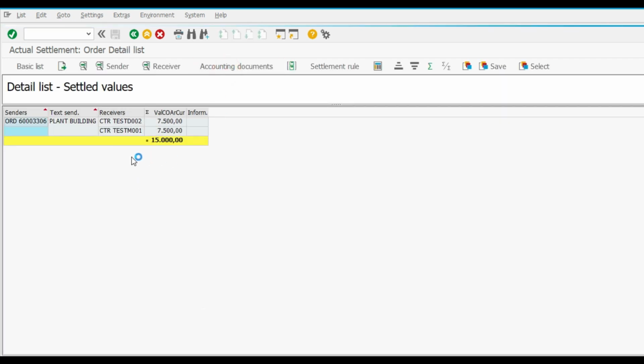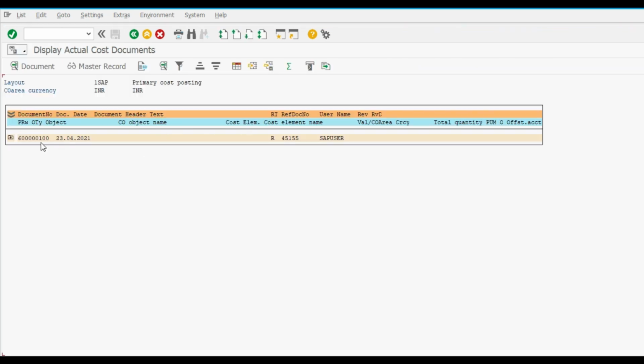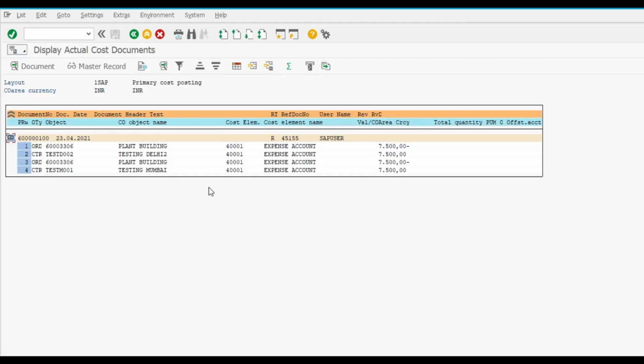Now see the accounting document number. So this is the accounting document number which is posted.